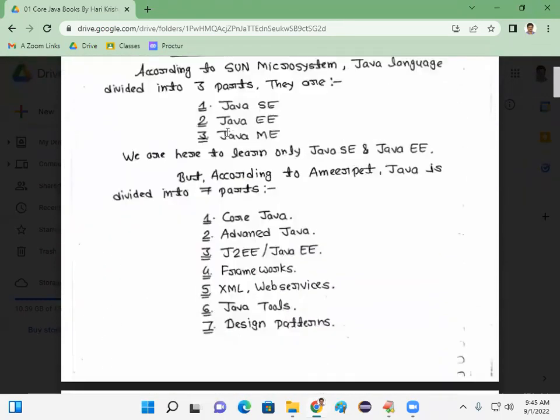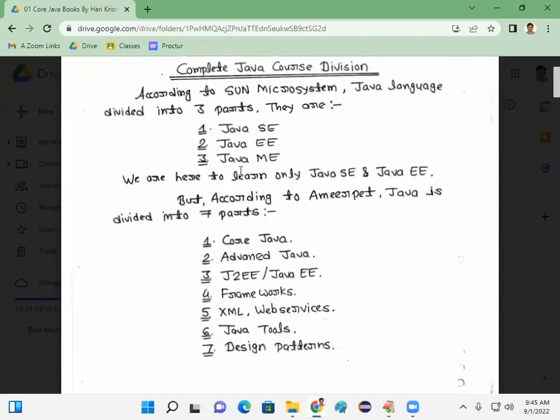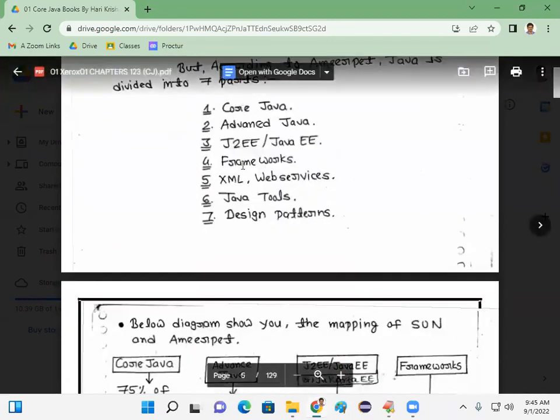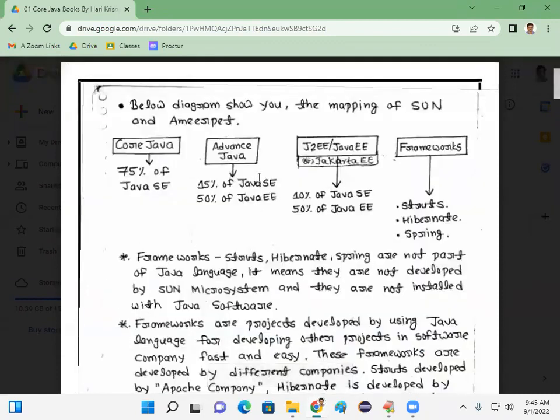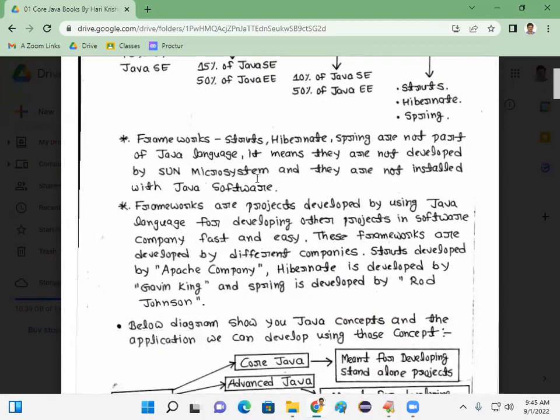Second page. Okay, and then as part of Java, how many editions are there? As part of Ameerpet, how much Java is there? How this Ameerpet Java is derived from Hi-Tech City Java, I have shown clearly here. Okay, then next,